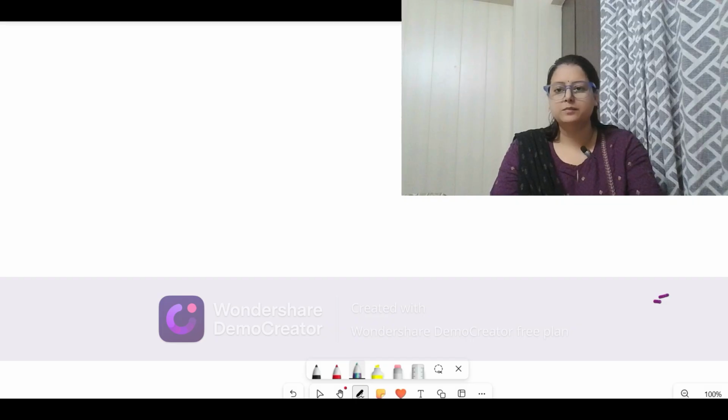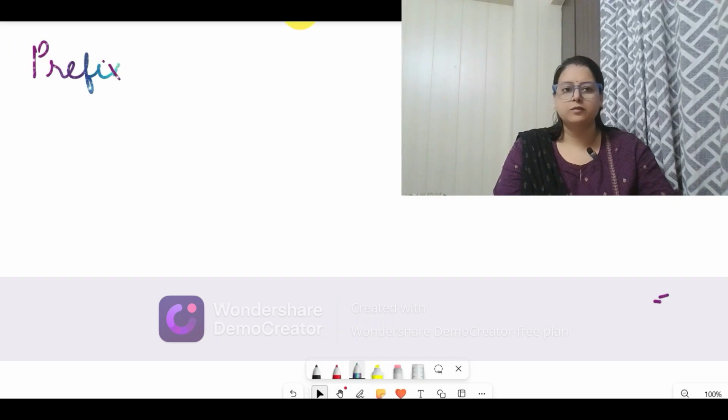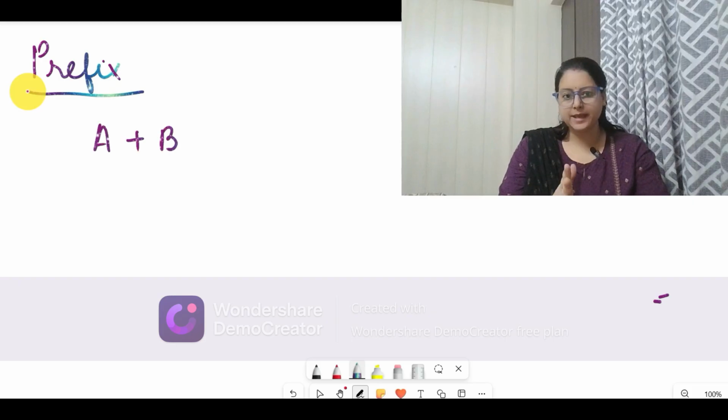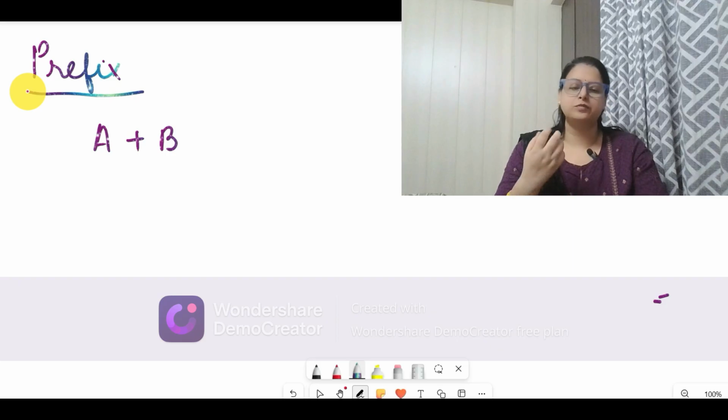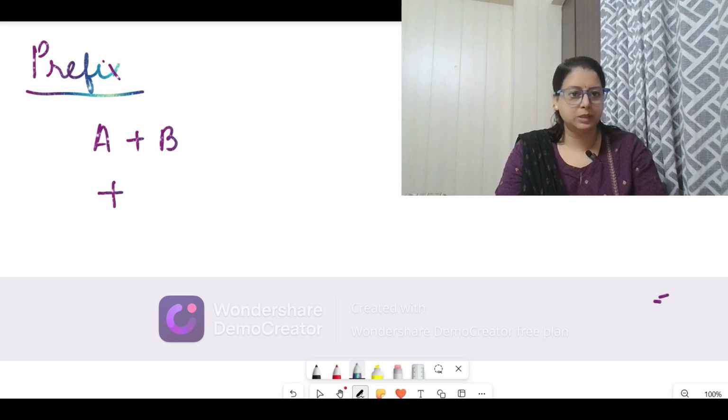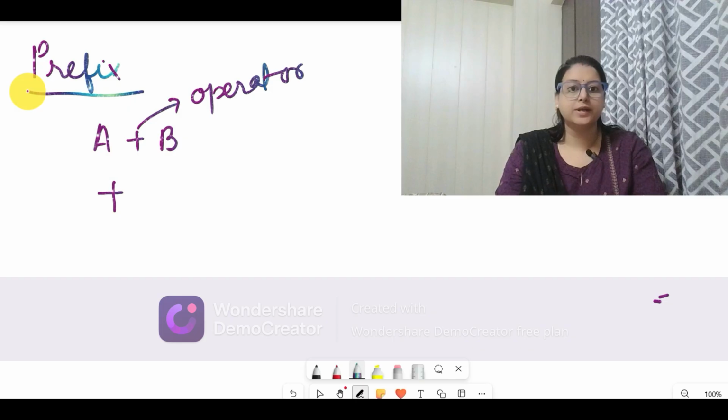Okay, let us come first of all to the prefix. What is this prefix called and why is it being used? Normally when we write the expression, it is like this: A plus B. But for the same expression, prefix means first of all we give the place to the operators. So plus will be placed first, and prefix says the operator will be placed first, then both the operands come consecutively. This is the basic idea.